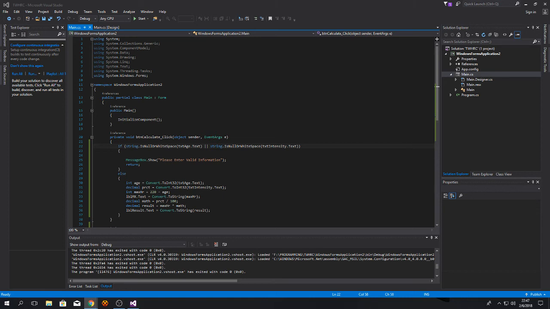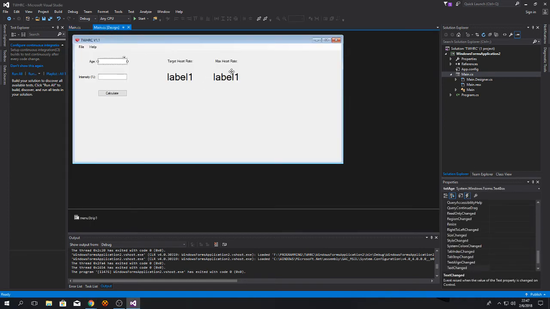Now the other thing I want to do is I want to make my text box empty. For example, you see how these say label 1? We don't want them to be like that. So we'll scroll up to the